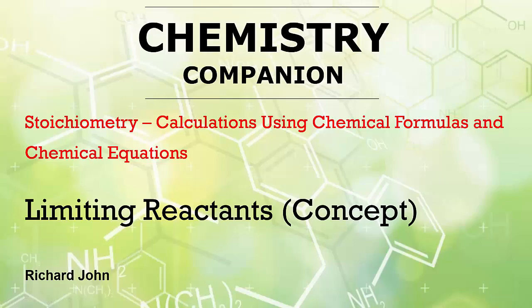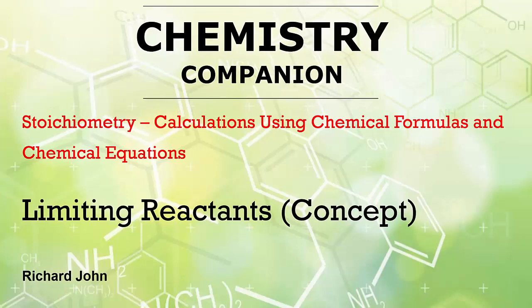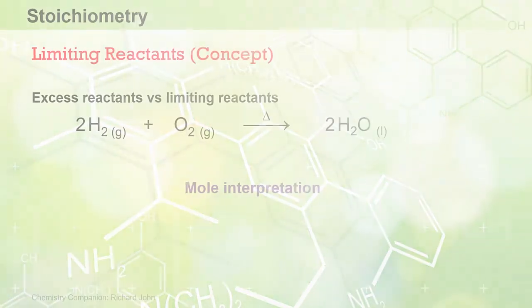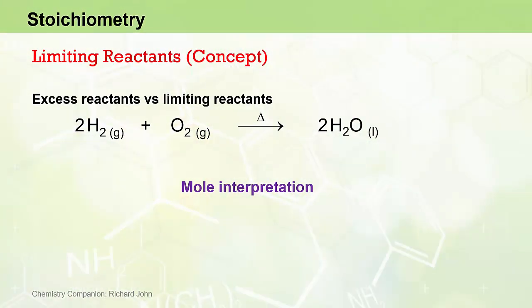In this video, we extend our understanding of stoichiometry using limiting reactant scenarios, where we are given the starting quantities of more than one reactant, and we have to determine which reactant will run out first, or in other words, which reactant is the limiting reactant. We're going to discuss excess reactants versus limiting reactants using the mole interpretation of the combustion reaction between hydrogen and